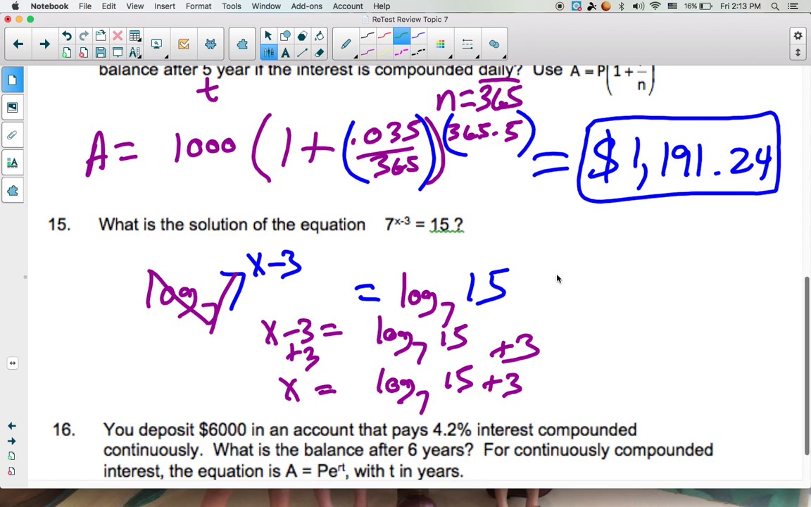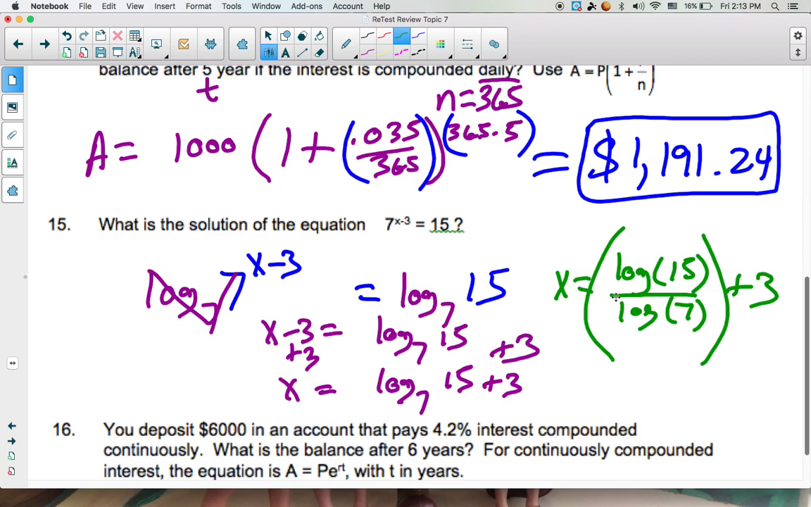You are going to type in log parentheses of 15, close your parentheses, divided by log parentheses of 7, close that, calculate that value, and then add your 3. Now if you want to do it all in one step, you can put a giant parentheses around that fraction and just type parentheses log close parentheses 15 divided by log 7 plus 3, and you'll get the right answer. And if you do it correctly, you will get